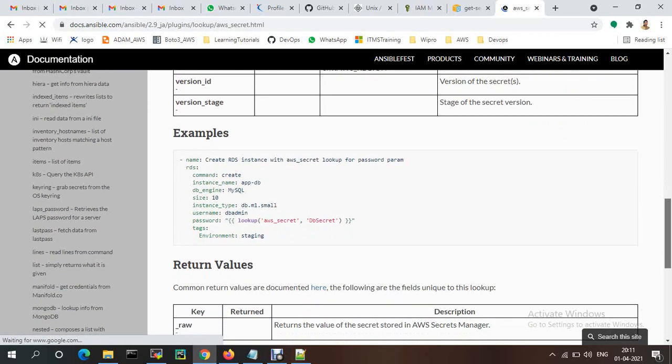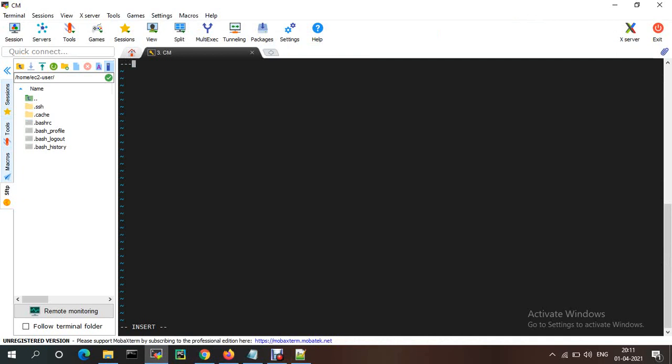So I'm just giving hosts as localhost, meaning the current machine only, and tasks.